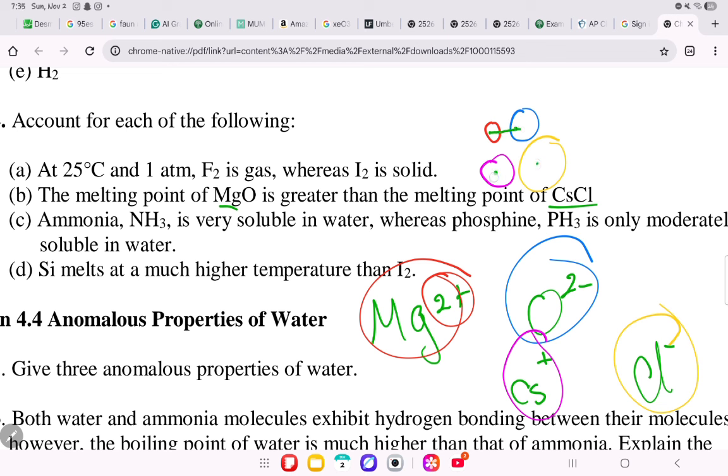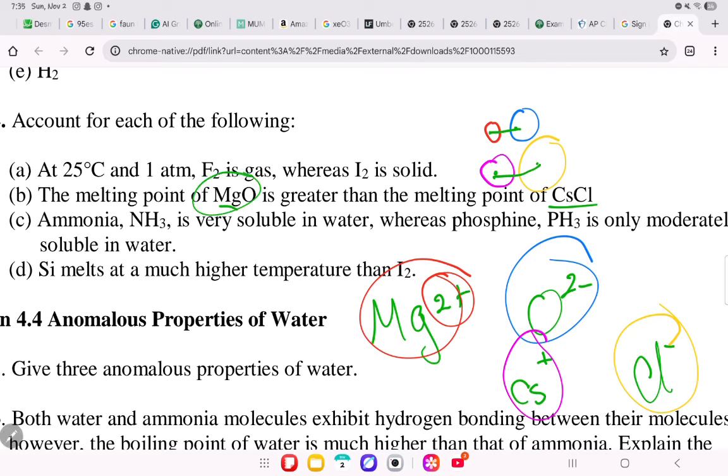So what does this say over here? This says that the atomic radius of Mg2+ and O2- are smaller. So due to this, the electrons will attract more because the nucleus is closer to the electrons. Whereas between Cs+ and Cl-, it's a larger atomic radius, so the electrons are farther apart, so it's going to be harder. So that's why the melting point of MgO is greater than the melting point of CsCl, because MgO has